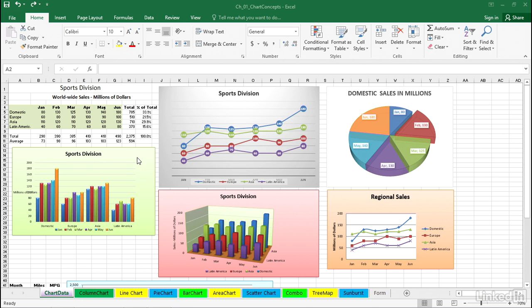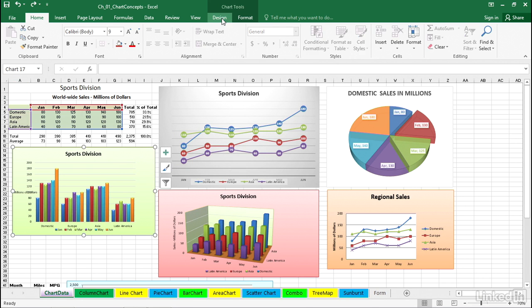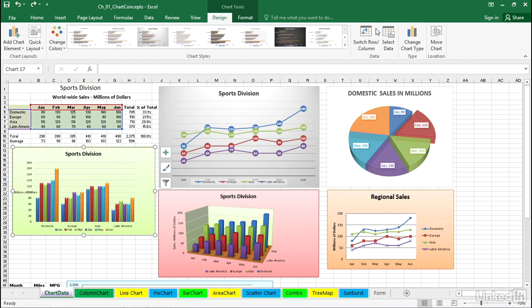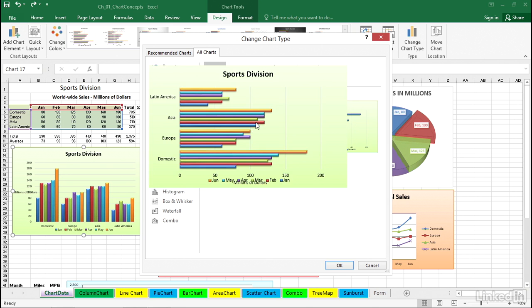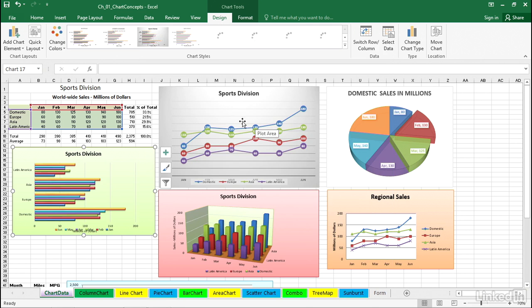All you need to do is click a chart, and in the Design tab up in the ribbon, off to the right, you'll see a choice, Change Chart Type. Maybe I want this chart to be a bar chart. Here's some bar chart options. I like this one. Double click. We've made a change. And because you can do that so easily, and you'll learn more about this in subsequent movies,